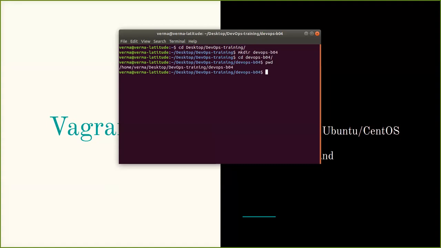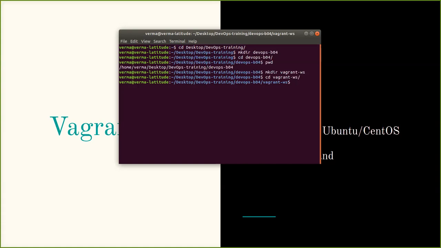You also, if you run your Git Bash, can do the same and create folders that way. Most Linux commands you can execute on Git Bash. After that, I'm creating another folder with mkdir, which will be my Vagrant workspace. This is just a folder, nothing else. All the DevOps labs we are going to do in this batch will be put in this folder only.